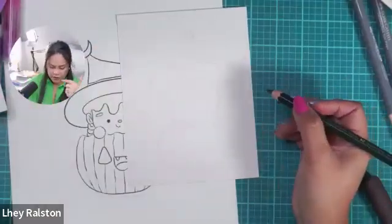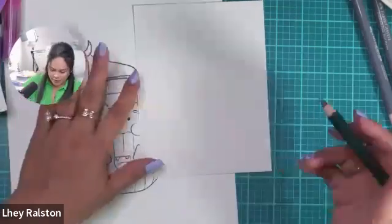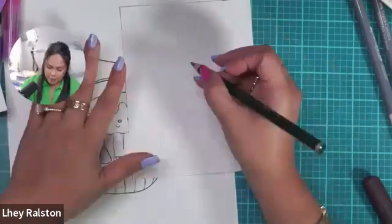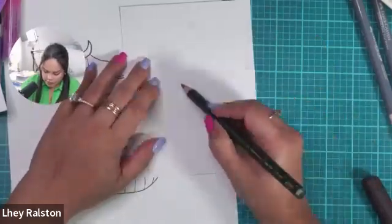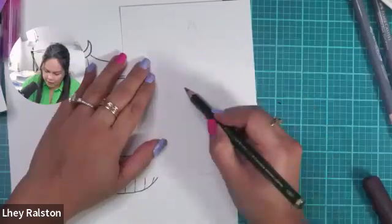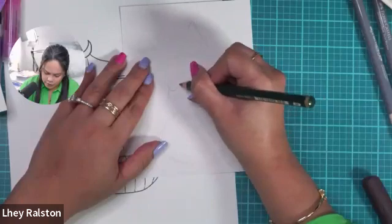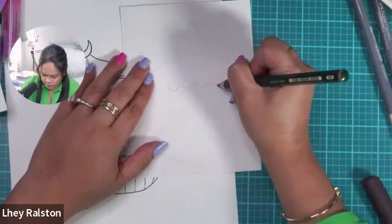I want to start like a cute, kind of like a wavy line, right? Simple, basic wavy line is what I'm going to do. If you want like a scalloped line, you can do that too, like letter U. So from here, where that here and here, I'm going to draw a hair. So you can draw a wavy line like this, like that,